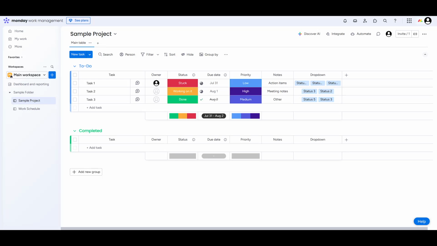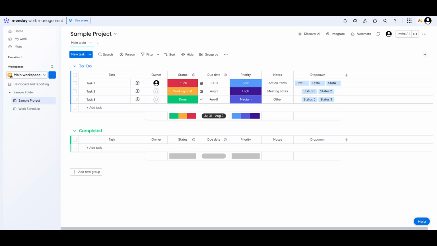In today's video, I'm going to teach you how to use the Color Picker column in Monday.com, a powerful feature that allows you to integrate precise color data directly into your workflow. This can be incredibly useful for tasks such as design projects, branding exercises, or any scenario where maintaining color consistency is crucial. Let's dive right in and explore how you can add and use this handy tool in your Monday.com